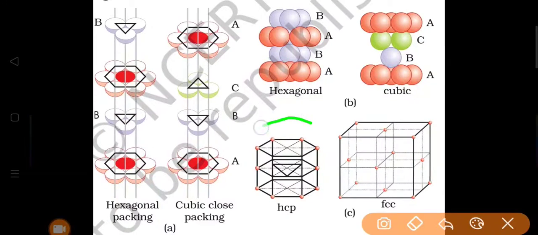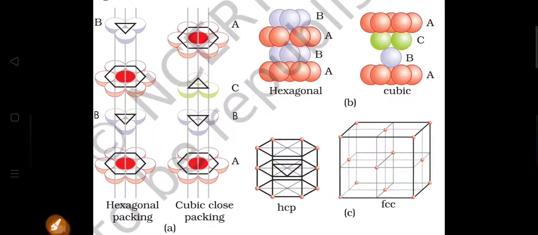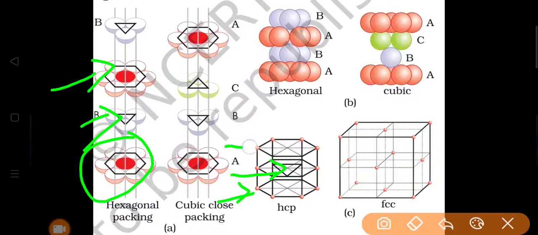So as you can see, this is our unit cell formation, and this type of unit cell formation is obtained from this type of ABAB stacking. So how? Let us discuss it. As you can see, from the bottom region we have a total of 7 spheres, which we discussed here as well. Now from the center layer we have 3 spheres, and from the top layer we have again 7 spheres. So this will be our top layer.